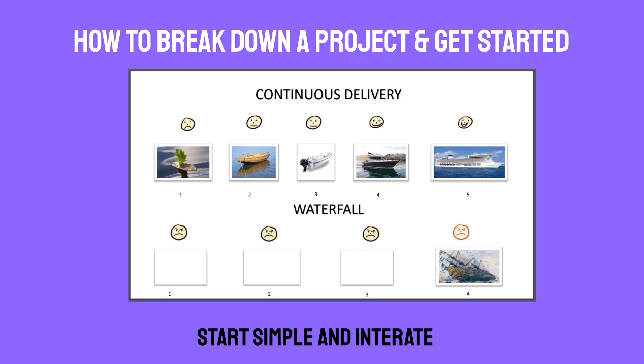And the last step, which you probably get a bit beaten over the head with, but start simple and iterate. This is a very popular diagram. There's another one which has like a skateboard and a car. But the general idea is that you have a very basic version of the application or game or anything, and then you iterate on that. And this means that you can release it sooner, and you can get feedback from the user sooner.